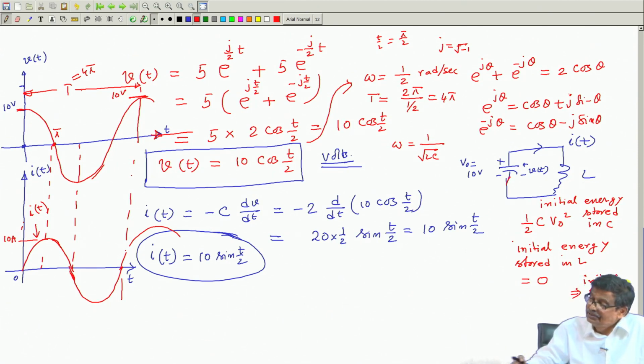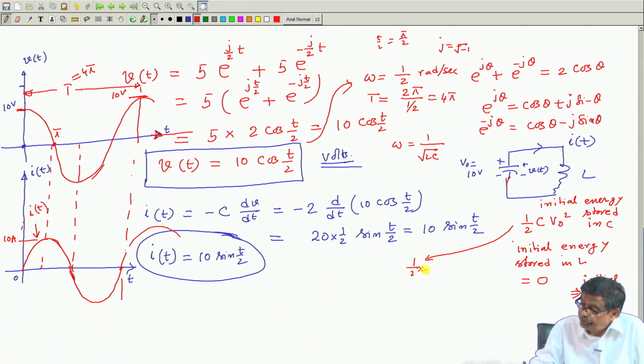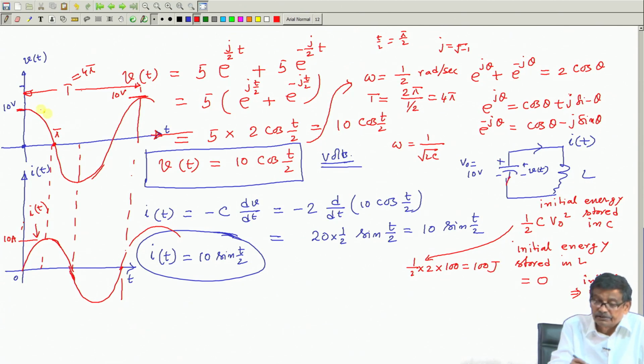Now, as you have connected, let us try to see the physical thing, what is happening. Okay, equations are fine, you have got the solution. Initially, you started with this much energy. How much was it? Half, C was 2 and this was 10 square, that is 100 joules. You started with 100 joules. There is no energy dissipating element, no resistance in the circuit. So, capacitor starts discharging energy; losing voltage means capacitor energy is decreasing.